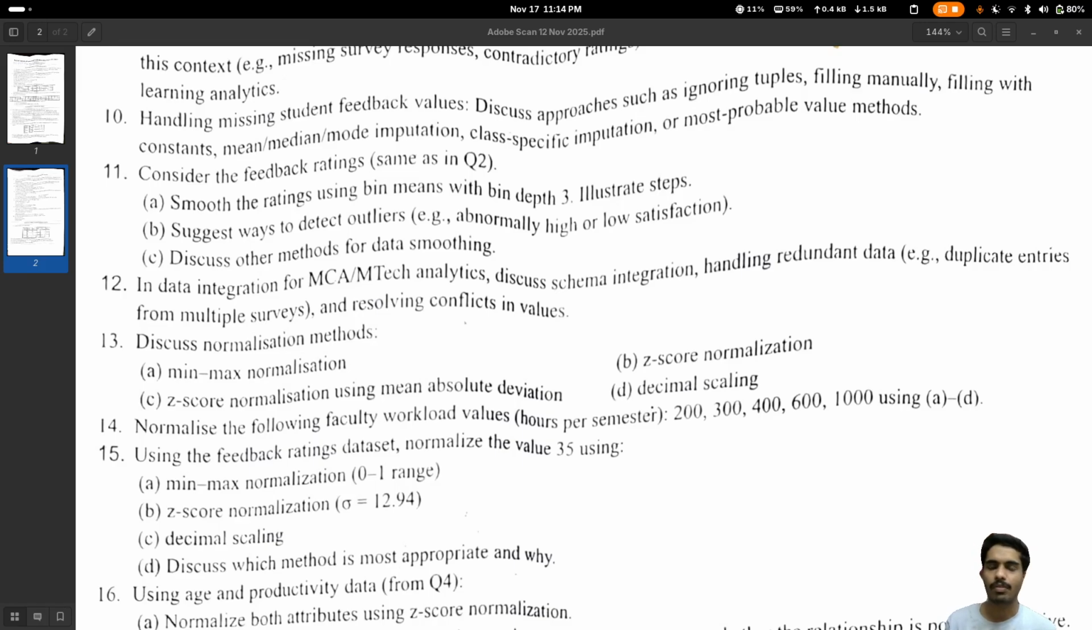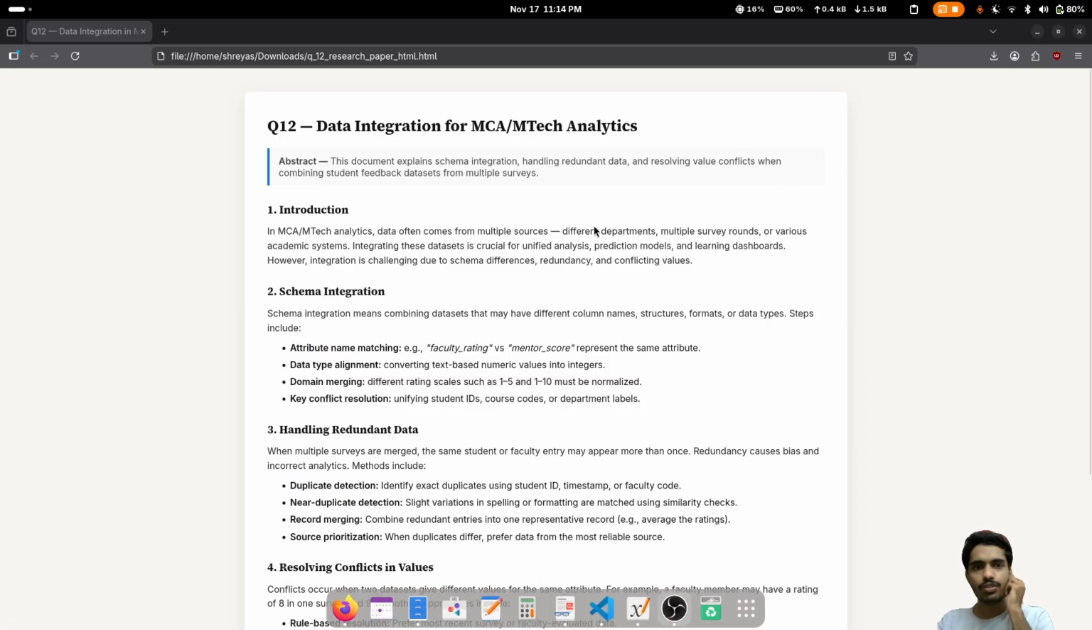The data coming from multiple areas, and for the same people it is kind of a different data. We have to see how we can handle these. So for question number 12,